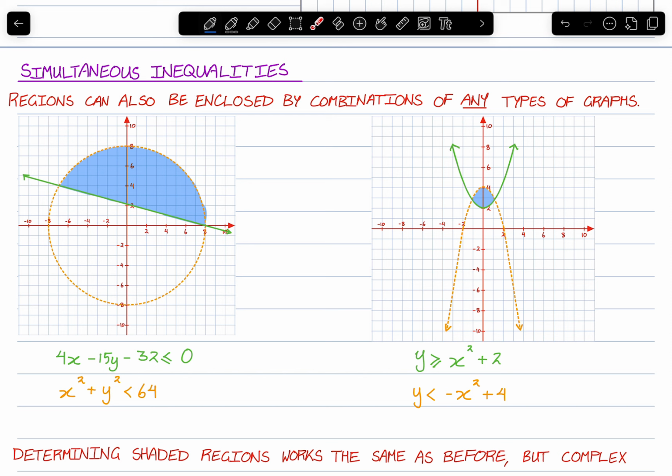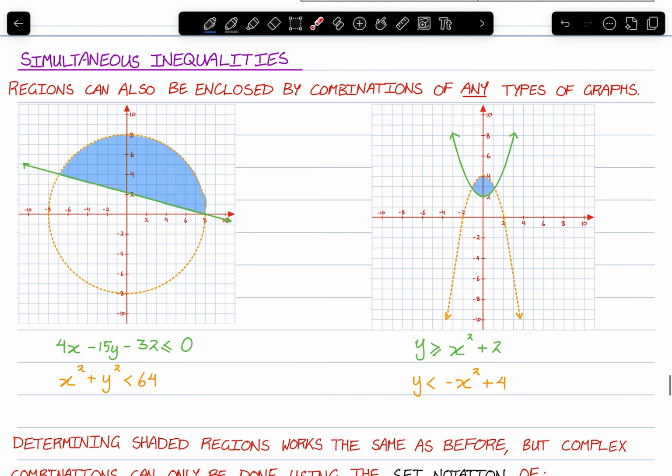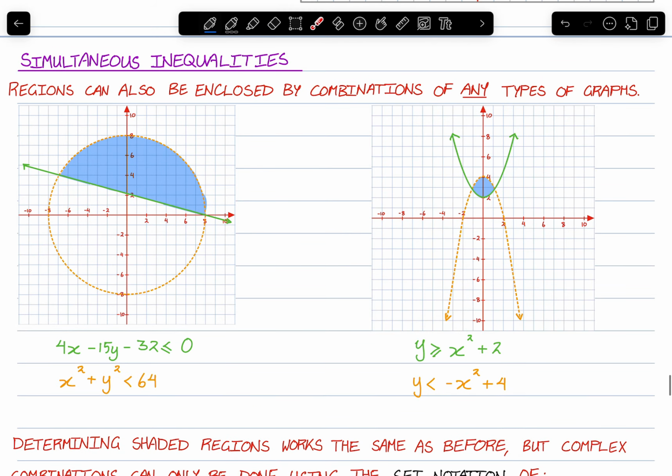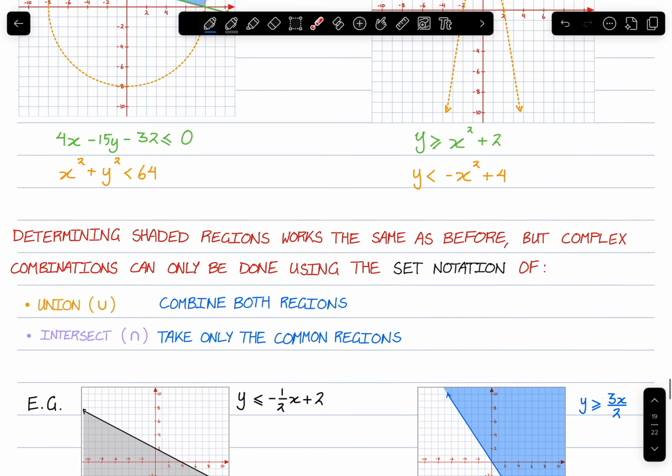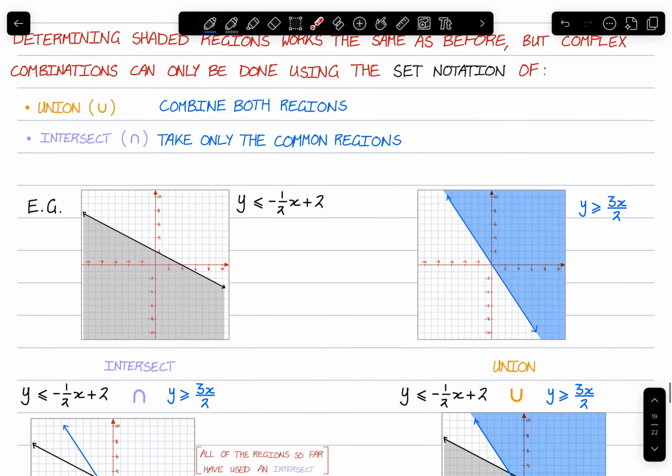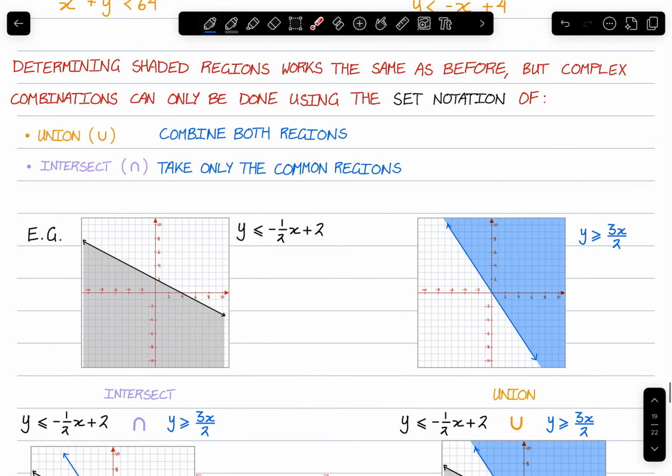Hello class, this is a video tutorial on simultaneous inequalities, so not just linear inequalities. Regions can also be enclosed by combinations of any types of graphs. Here I have one with a line and a circle, and this one is two parabolas. Now determining shaded regions for this works the same as before, but complex combinations can only be done using the